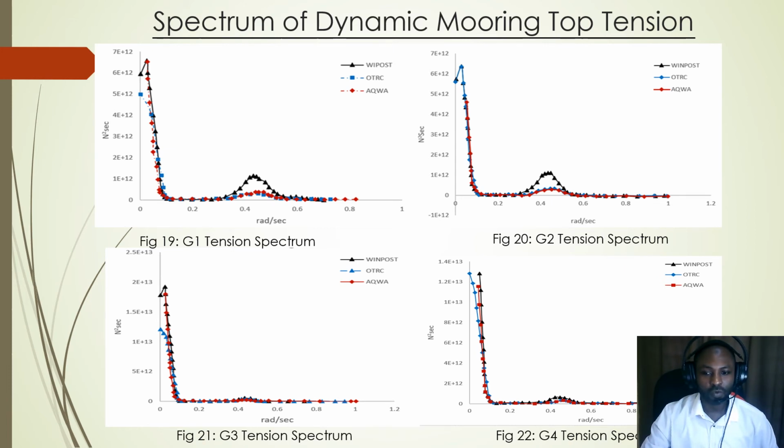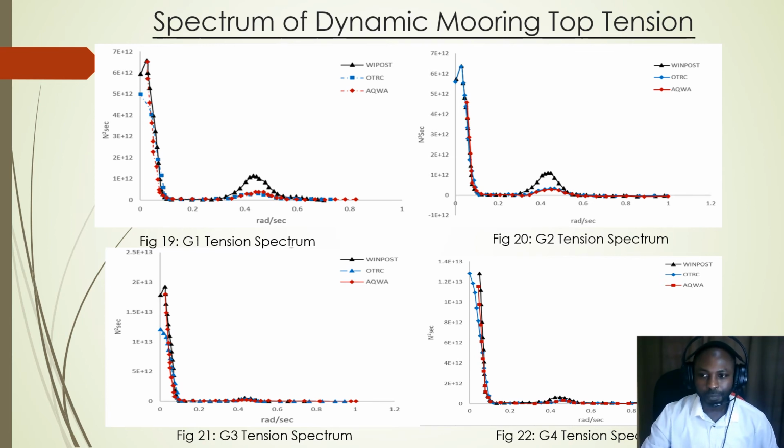Here for groups 1 and 2, you can see the results are wave frequency dominated, while groups 3 and 4 are low frequency dominated, but overall the results compared very well with the published results, although in group 2